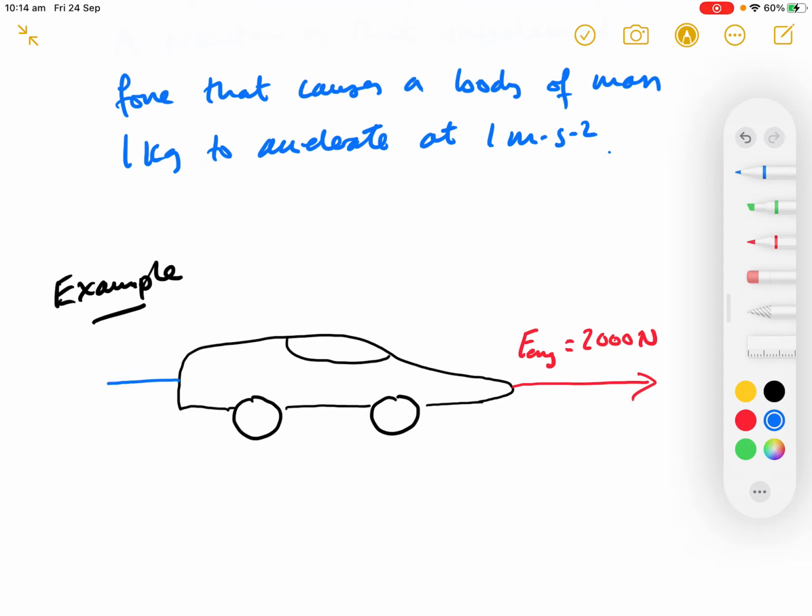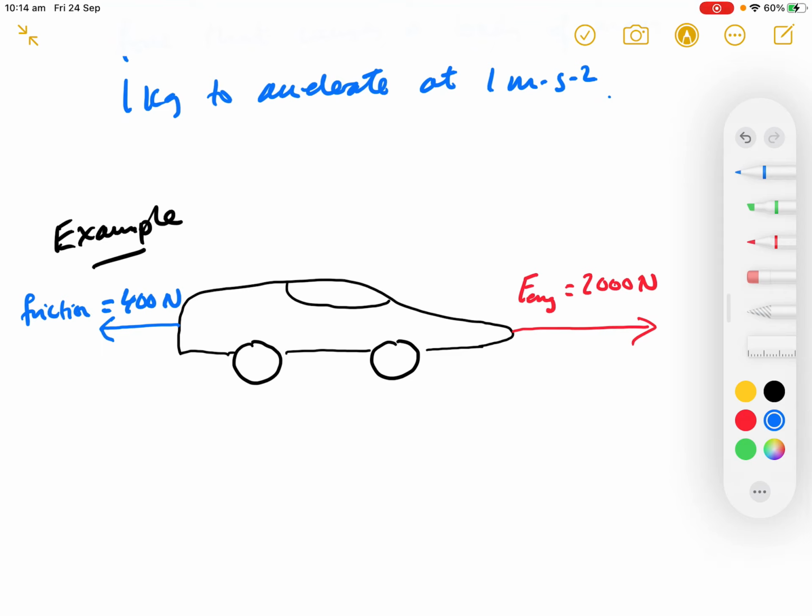But opposing that motion, we have various frictional forces due to air resistance and just friction in the whole car's moving parts, so we'll just call it friction, and we'll say that that's 400 newtons. Friction, of course, always opposes motion. Let's imagine that the car has a mass of 1,000 kilograms,